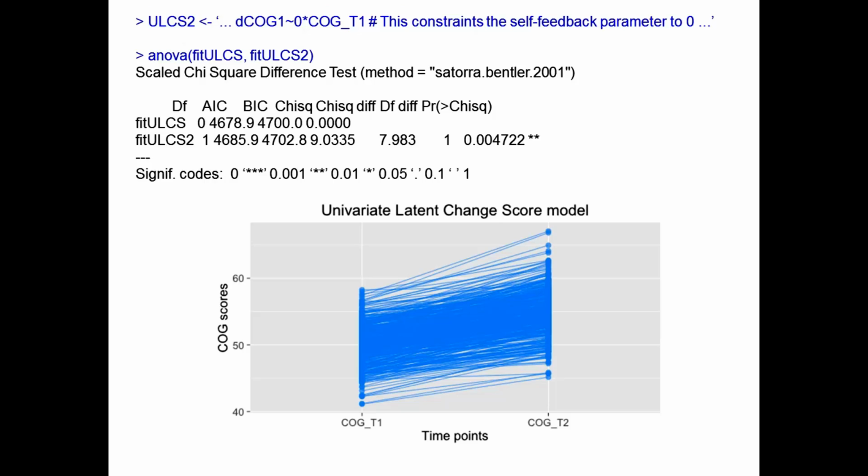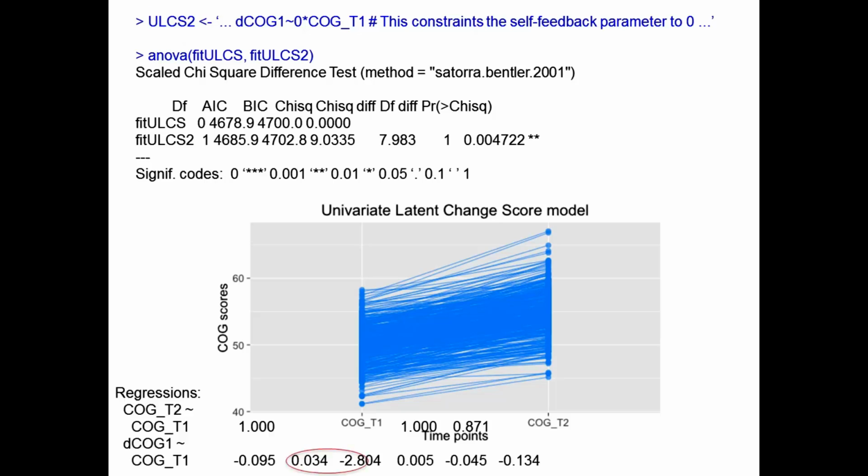But if you look at the output from the first model that we fit, if you go back to all that output you generated from the first model and look at the coefficient for this self-feedback parameter, we're saying we want to know if where you start at time 1 predicts change. You can see the parameter estimate is negative. So it is actually a negative relationship, where the higher you are, the less you change. It doesn't look that way to me, but